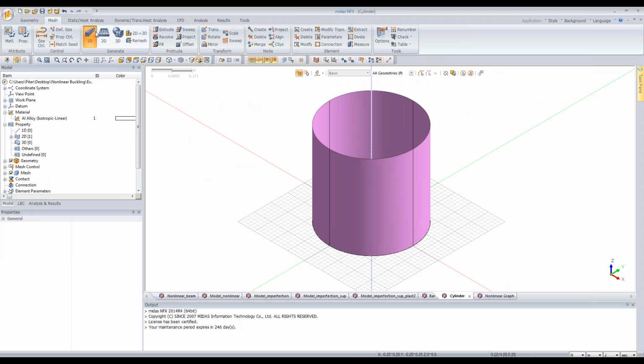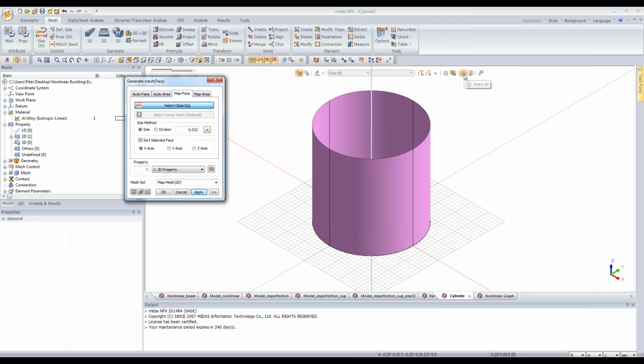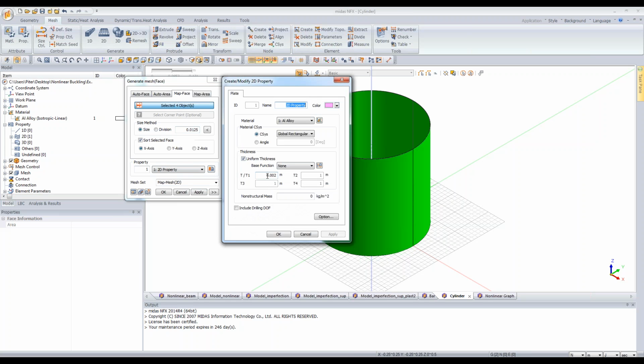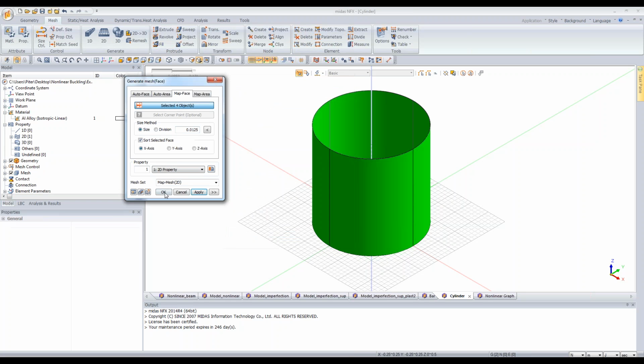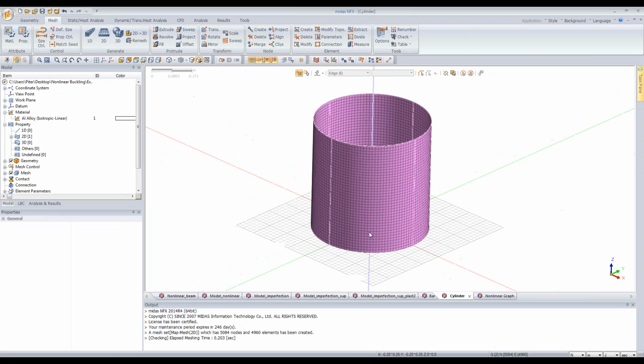Right now let's mesh it. I will use the mapped face, and the size will be defined like that, 0.0125. The property has been defined by me previously, so the thickness for the shell is 2 millimeters. And we are using aluminum alloy, and this is a linear material in that case. So I'm clicking on OK. Let's click on preview, and let's click on OK. Let's hide all of the guides,